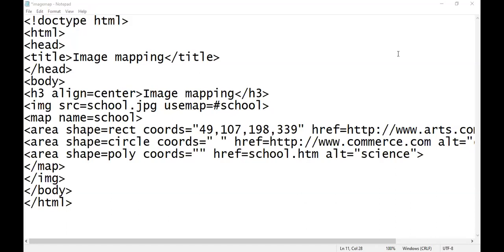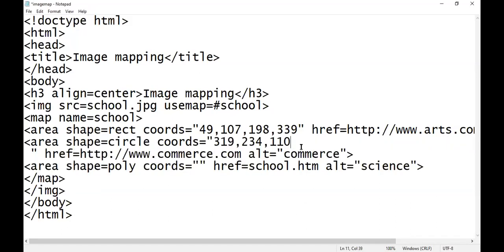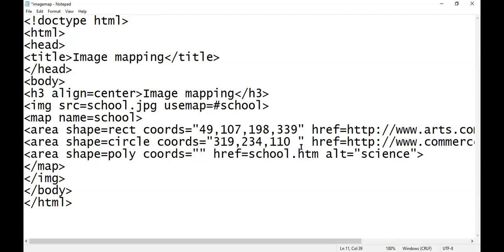Just copy it and paste on notepad. Some students are saying 320, so I'll take 320, 234, 110. So this is the center of the circle and this is the radius.